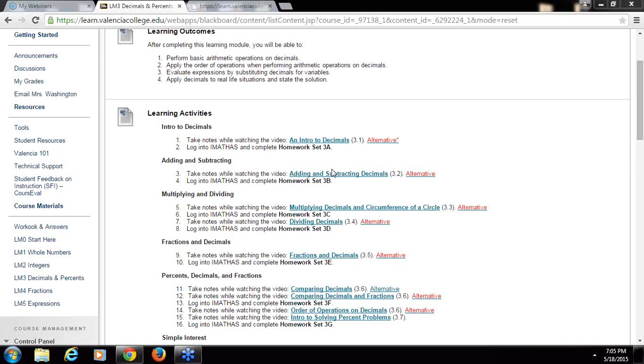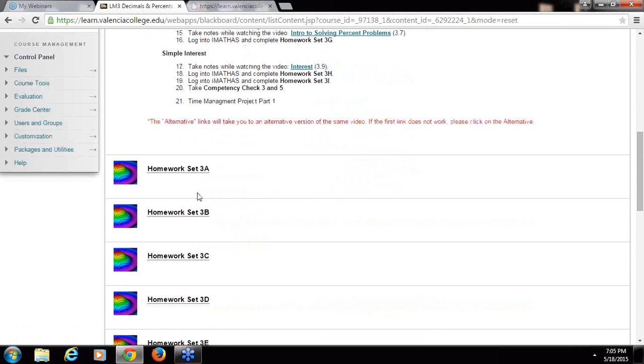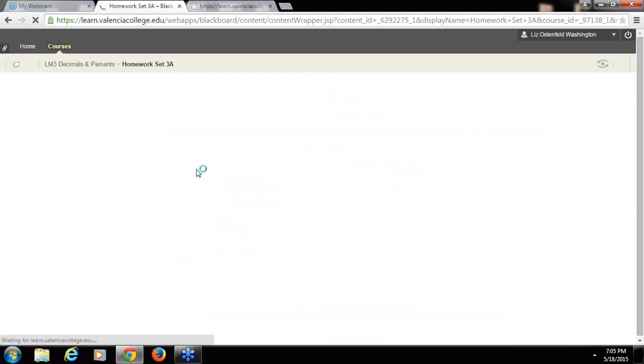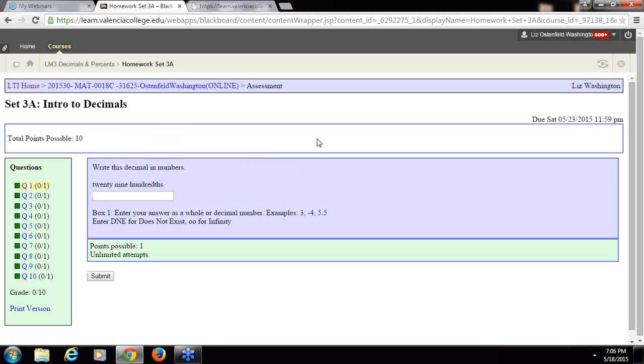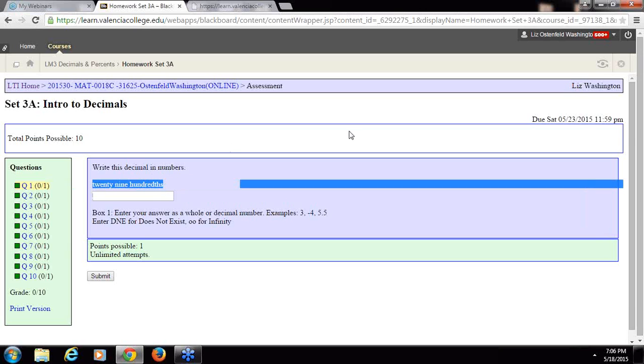Let's see. Alright, let's go to Learning Module 3A, and I'll skip around from there. Okay. This wants us to write this decimal in numbers. So here we have 29 hundredths. So in order to write a decimal correctly,